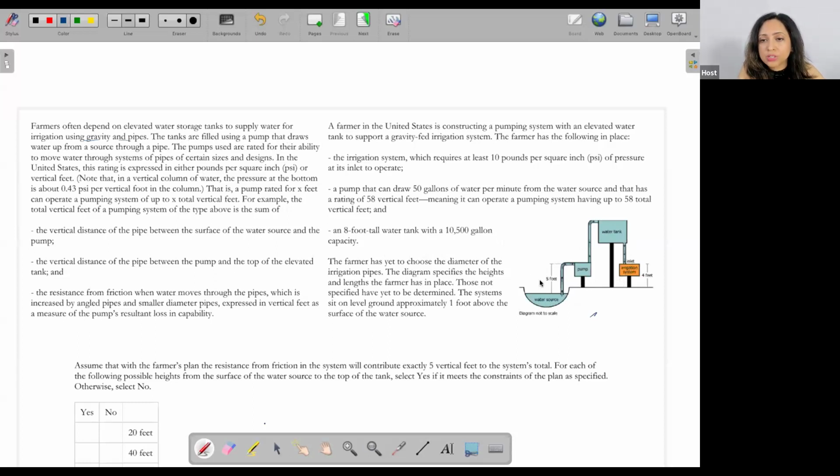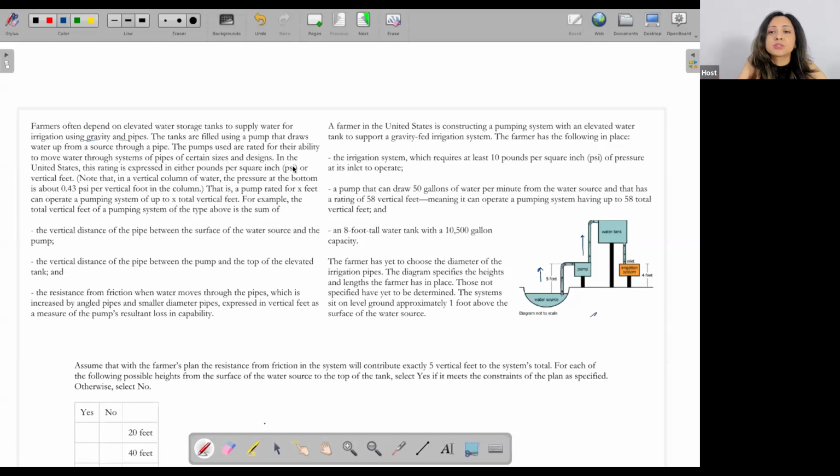So it draws water up from a source. This is my water source, through a pipe. The pump does this, draws water up through a pipe, and then fills up the water tank. Yeah. And then from the water tank, the water will go to the irrigation system, essentially that system which is going to spread water across the field. There'll be multiple pipes attached to it, whatever it is, doesn't matter. Yeah. Okay, the pumps used are rated for their ability to move water through systems of pipes of certain sizes